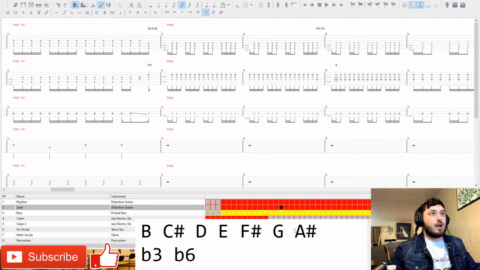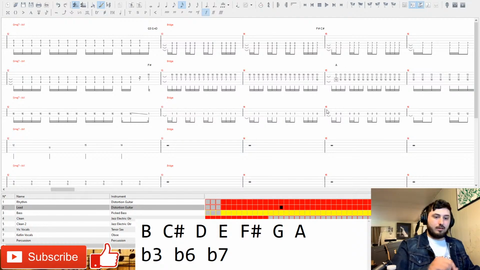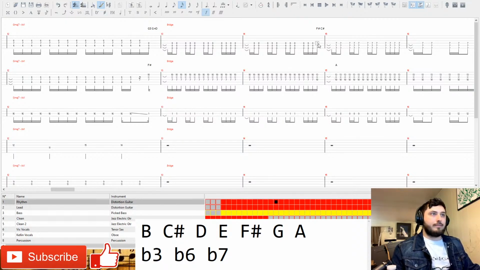So A is not a part of harmonic minor. It is a part of natural minor with a flat 7. So we have spent all this time setting up this harmonic minor in the beginning, and then we drop out and we switch to natural minor, and we snuck it in through the means of this melody note. Also, that creates we have F sharp, C sharp, and A. That's just an F sharp minor triad. So now we've got a 2-chord vamp from like G major 7 to F sharp minor, which fits.